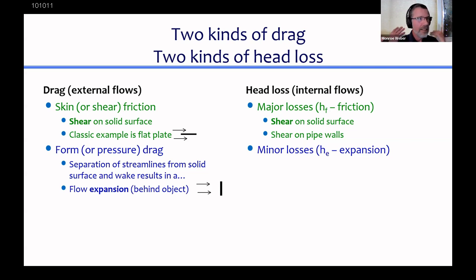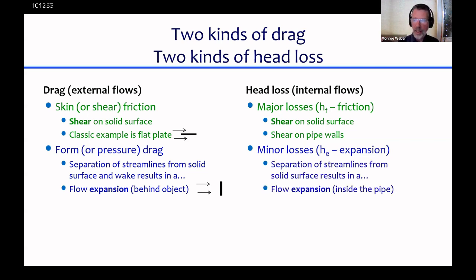If you want to correct it in your own mind, whenever we say major losses, you should be thinking about shear, and whenever we talk about minor losses, we should be thinking about the fact that there was a flow expansion inside the pipe, and we're talking about a pressure drag. The total head loss is the sum of major losses and minor losses. And to be clear, head loss is just a measure